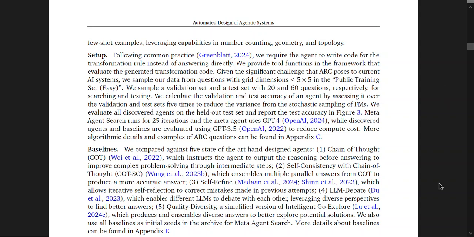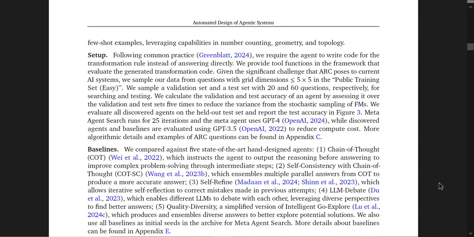The baselines. We compared against 5 state-of-the-art hand-designed agents. Chain of thought, which instructs the agent to output the reasoning before answering to improve complex problem solving through intermediate steps. Self-consistency with chain of thought, which enables multiple parallel answers and chain of thought to produce a more accurate answer. Self-refine, which allows iterative self-reflection to correct mistakes made in previous attempts.